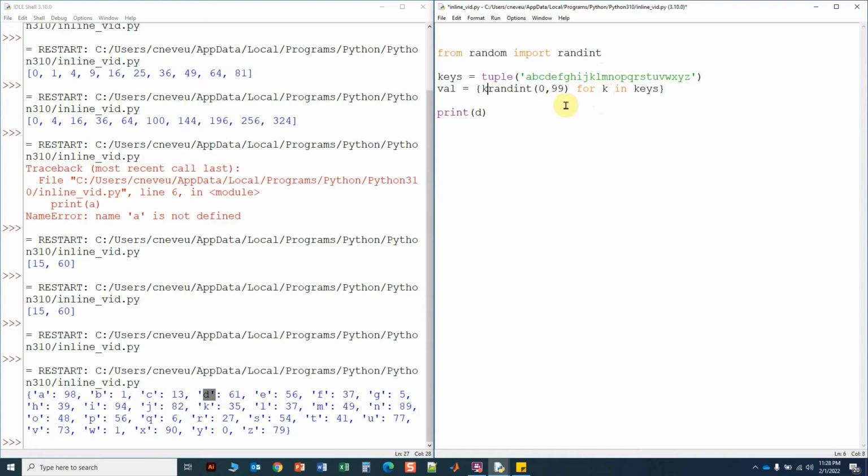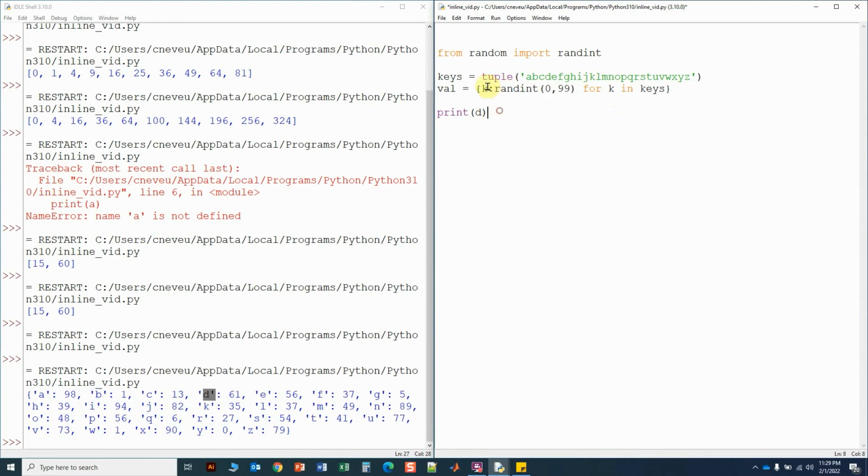So we should do key and then a colon. So first it's in curly brackets, which tells Python that this is going to be either a set or a dictionary. And then I have for each item in keys, okay, I want you to add this